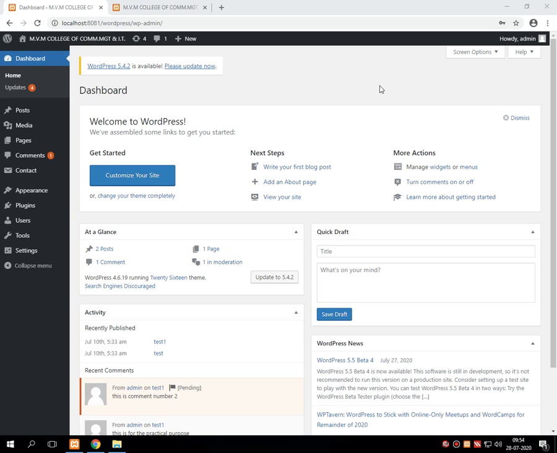In our previous discussion, we started with several types of plugins, and we have cleared the definition of WordPress, the purpose of WordPress, and features of WordPress.